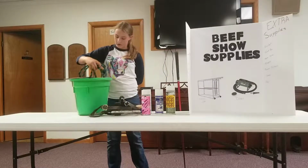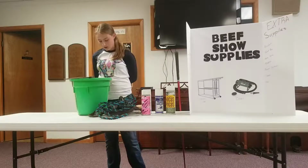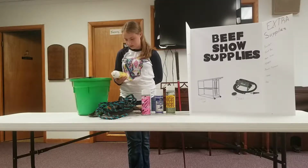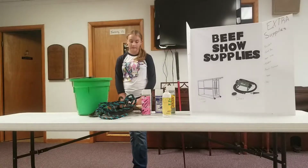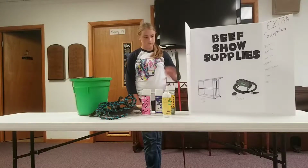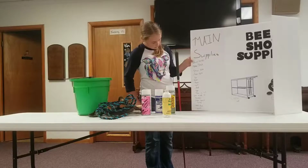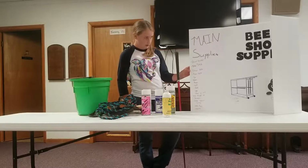You will need a rope halter to train them to get used to the halter and to use at home. And you will need the liniment hair stimulator to help your calf's hair. You will also need a show stick and a grooming chute. You will need water and feed, a fan, a blower, a place to tie your animal up,